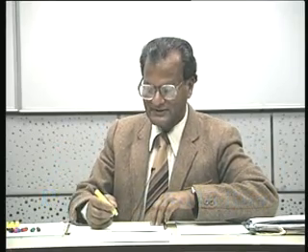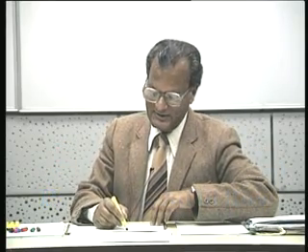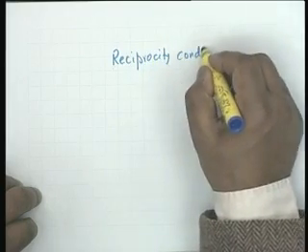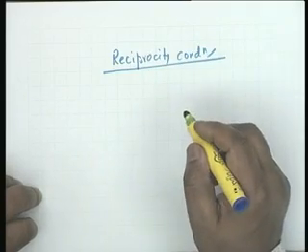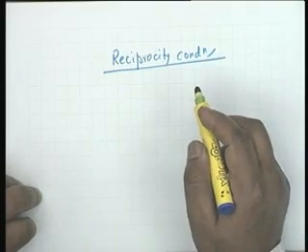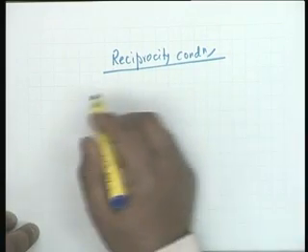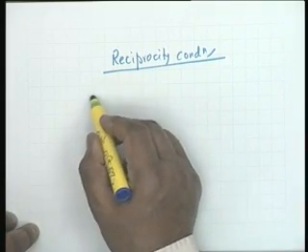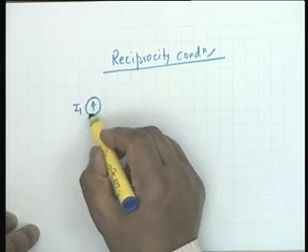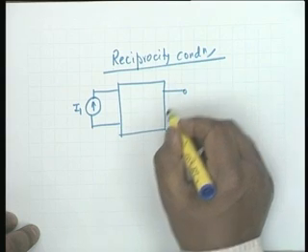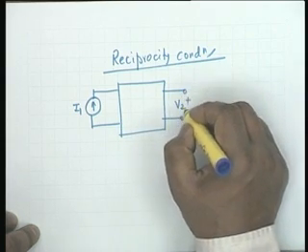Okay. Let's take now another important derivation, that is, what is the reciprocity condition in terms of ABCD parameters? Reciprocity condition in terms of ABCD parameters, and for this we appeal to the network itself. That is, what we do is we excite the network by a current and measure the voltage, open circuit voltage V2.